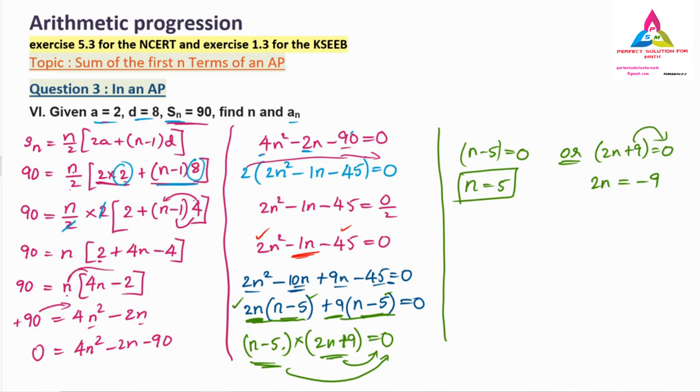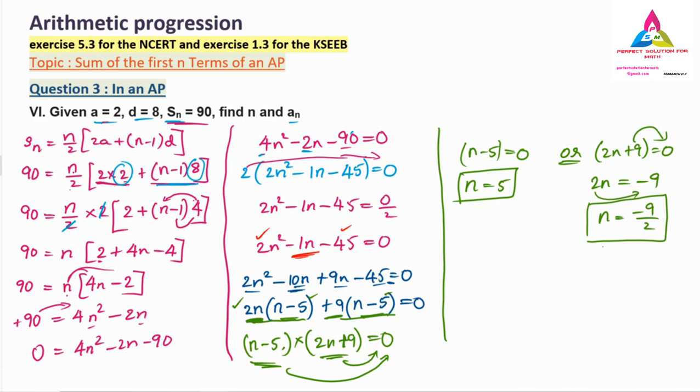And next you keep that n as it is, equals minus 9, this 2 if you shift it will divide, so n value may be negative 9 by 2. The two things are possible here. n is equals to 5, that minus 5 when I shift it will become 0 plus 5, and 0 plus 5 is 5 only. So in this, which one is the correct answer? Both the things may be correct, or any one of them may be correct.